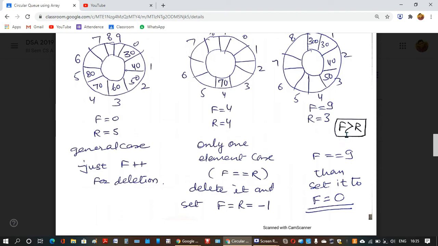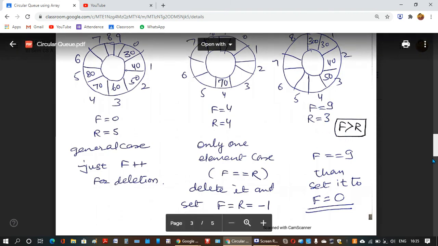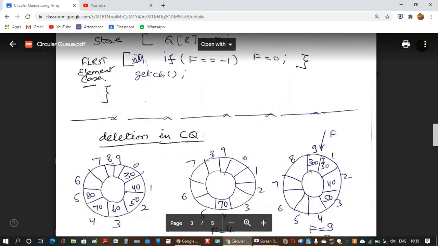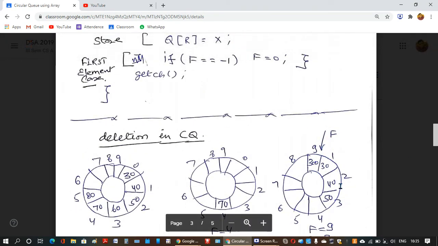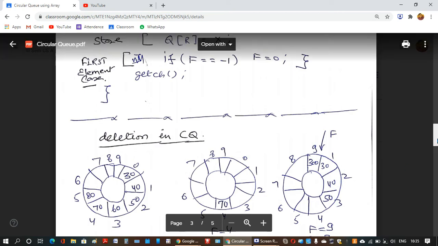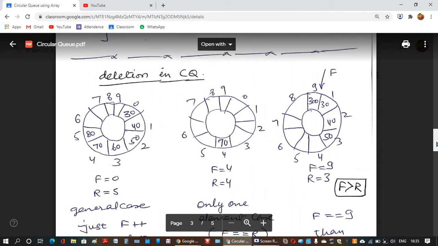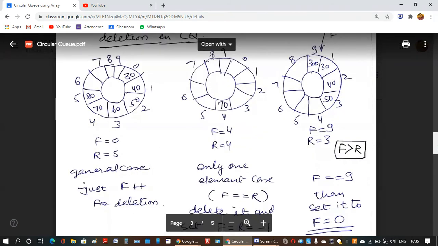And now come here and see what is happening. Say F is at 9 and R is at 3. So F is at 9 and you are deleting something, R is at 3. F and R are not equal. Both are not at 9. If they are both at 9, then there is only a single element and it will be deleted.